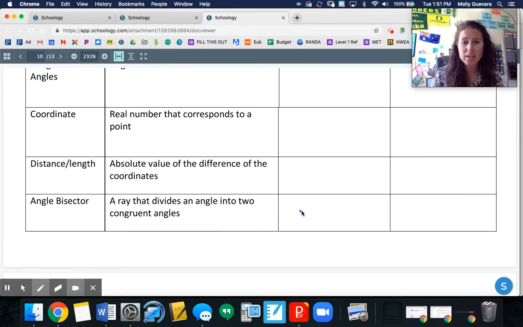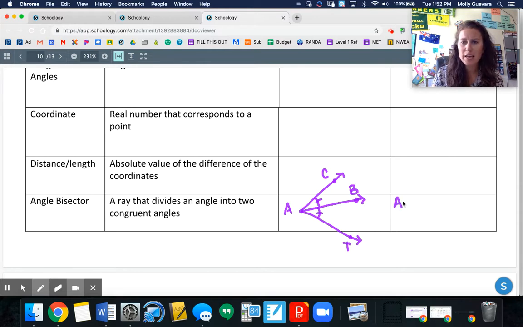So if I have an angle, I'm going to draw it a little bit bigger just so that we can see it really clearly. And let's call this angle CAT. If I draw another ray, it goes out like this, and it's a ray, so it has arrows, and I call this B. Okay, if this ray cuts my angle in half perfectly, so if this angle and this angle are the same, and I know that they're the same because I have those tick marks, right? So if they're the same, then that tells me that